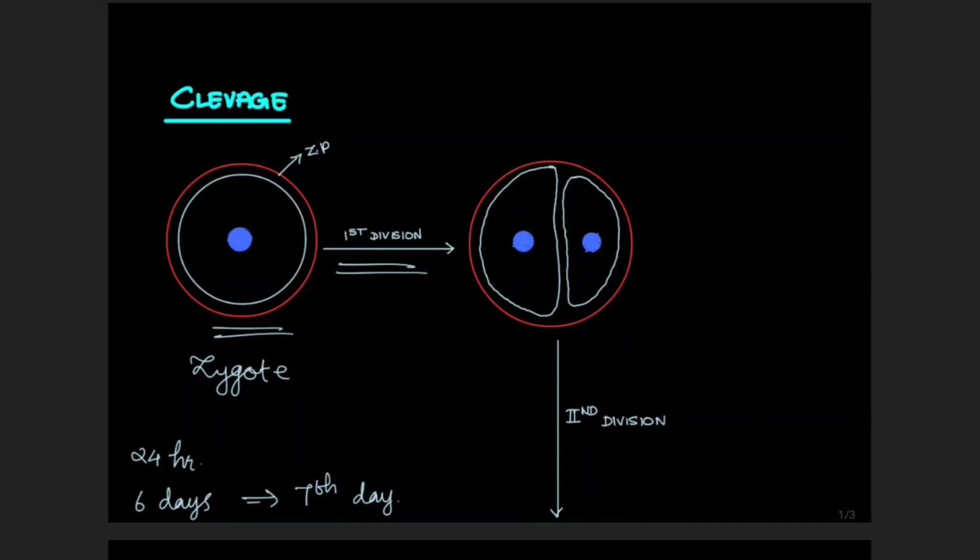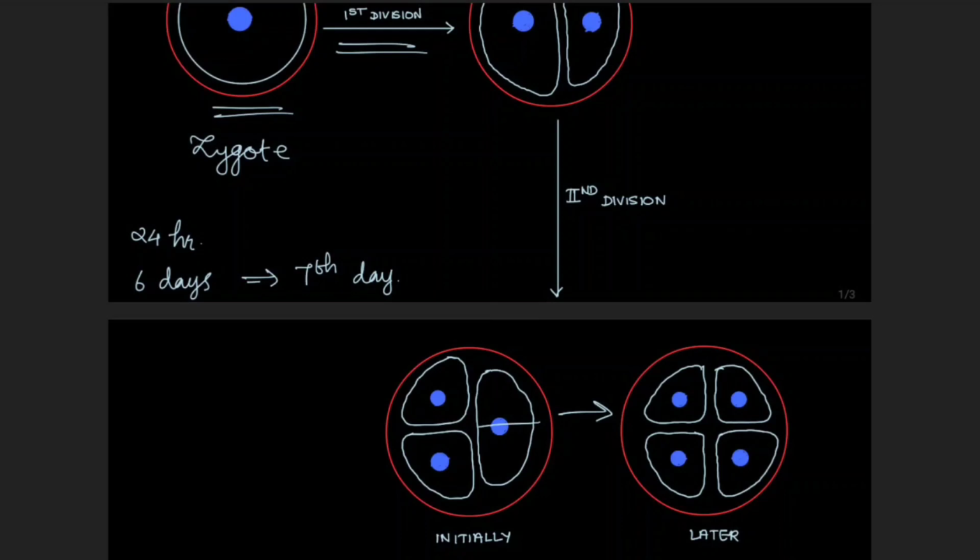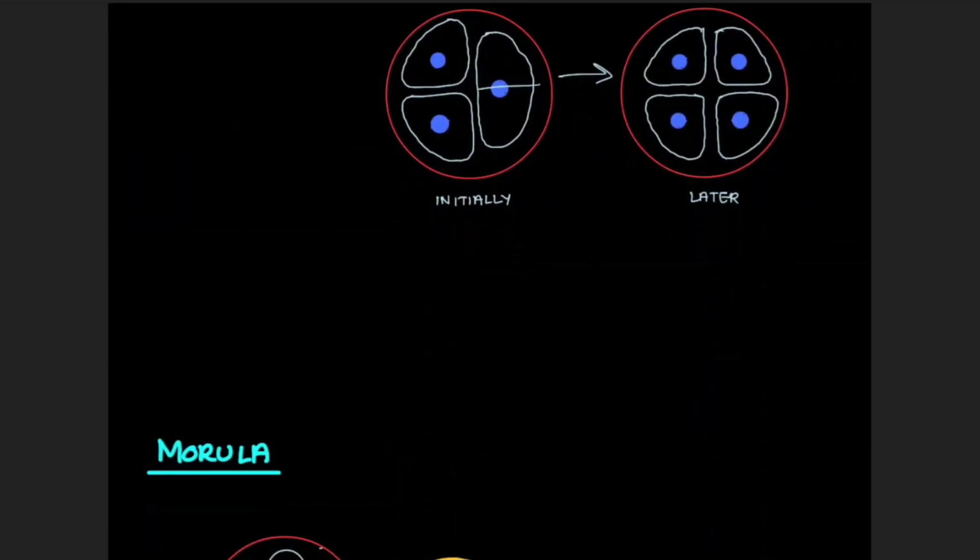As you can see, after the first division there is the formation of two daughter cells, but here one is bigger and the other one is smaller. When the second division happens, the bigger cell will divide, and following that the smaller cell will divide, giving us a 4-cell stage. This 4-cell stage will again undergo cleavage, making an 8-cell stage. Now from this 8-cell stage,